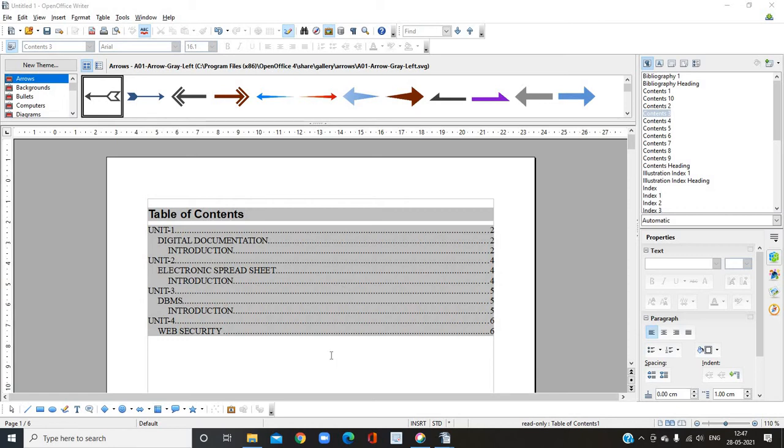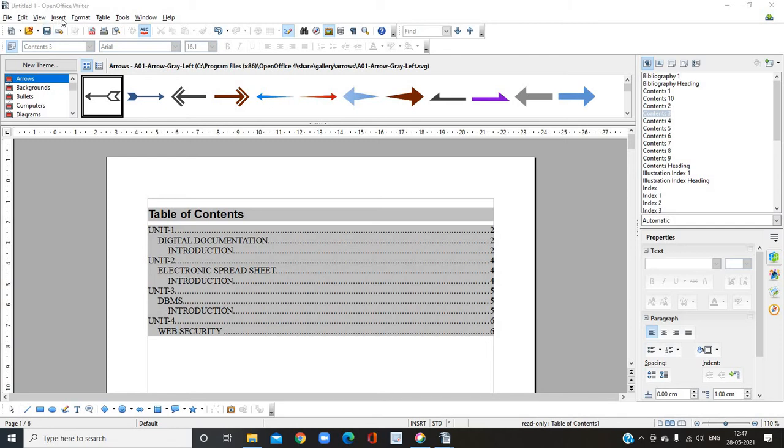Remember, in order to generate page numbers, first of all we have to insert headers and footers to the document. Don't forget to insert header and footer, right? So how to insert headers and footers? Just look here carefully. Whatever insertions you want to make into the document will be done through the Insert tab only.